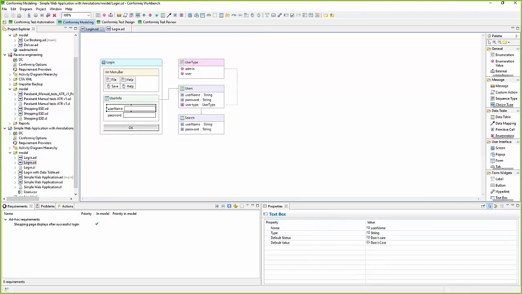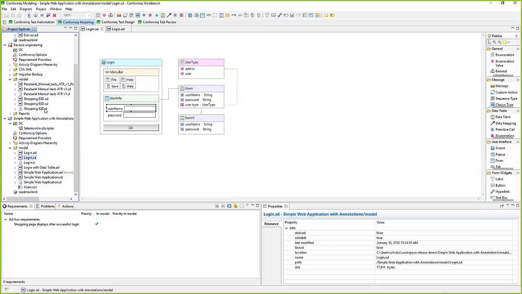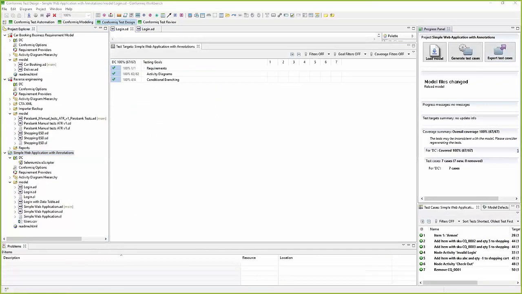So when I click on the field, there's still no link showing that there is a Selenium locator attached to this field. This information is stored underneath. But there is now some integration. One example is our Selenium JavaScripter, which used to always produce object locator information based on the assumption that we're using ID and that the ID is exactly the name in the structure diagram. But as you will see now, when we generate tests and render them,